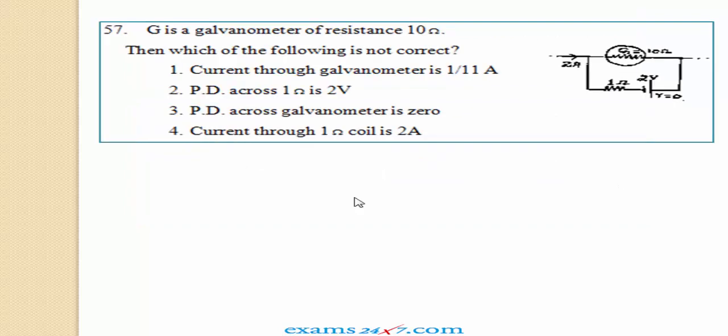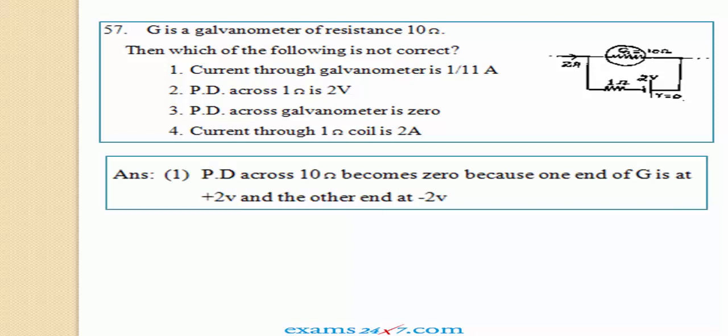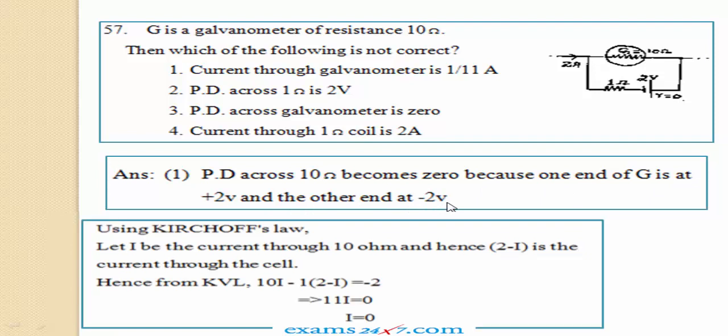Question number 57. G is a galvanometer of resistance 10 ohm. Then which of the following is not correct? Look at the diagram as well as the option. The PD across 10 ohm becomes 0 because one end of G is at plus 2 volt and the other end is at minus 2 volt. Or using Kirchhoff's law also we can show that the current flowing through the galvanometer is 0. Let I be the current through 10 ohm coil and hence 2 minus I is the current flowing through the cell. Hence, from Kirchhoff's voltage law, 10 into I minus 1 into 2 minus I is equal to minus 2. That is 11I is equal to 0 or I is equal to 0. Hence, the correct option is